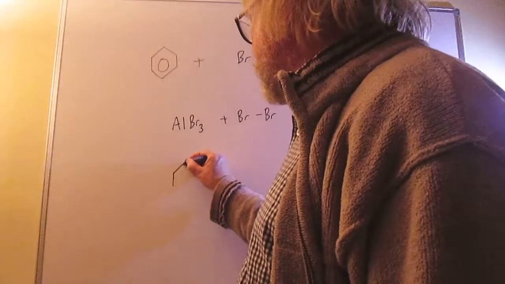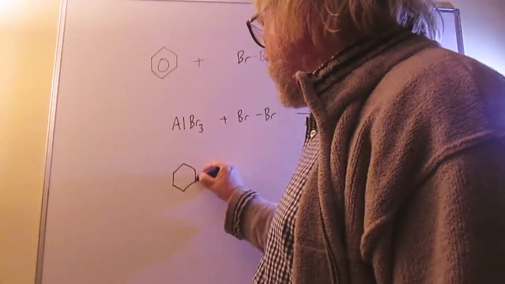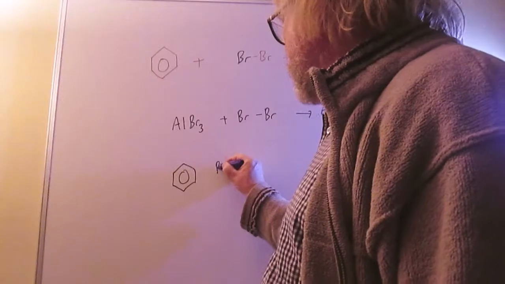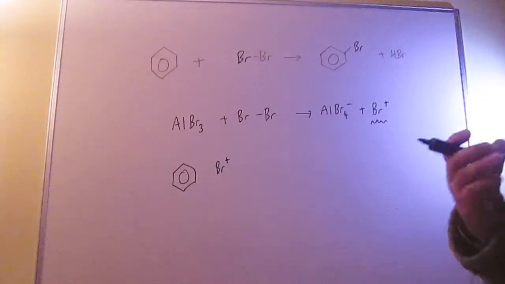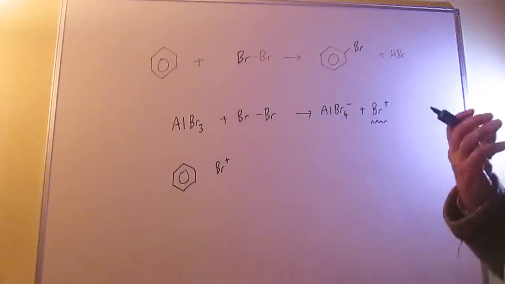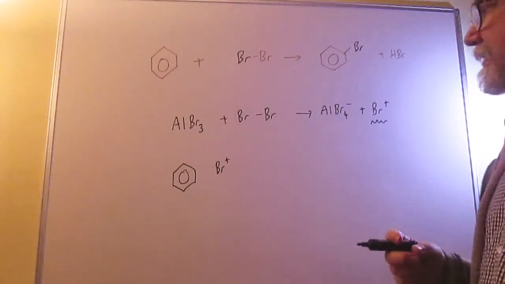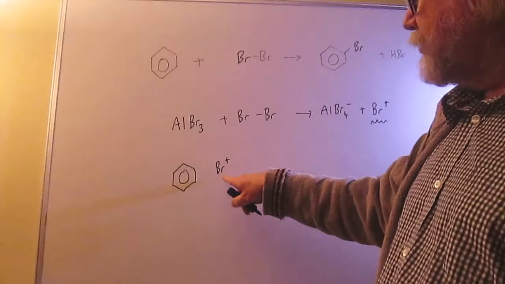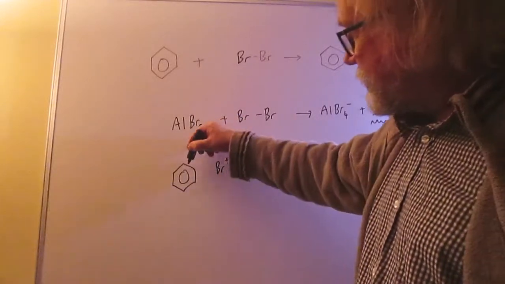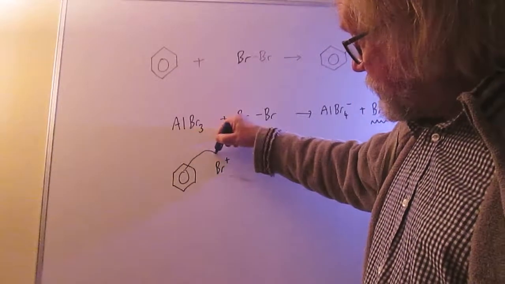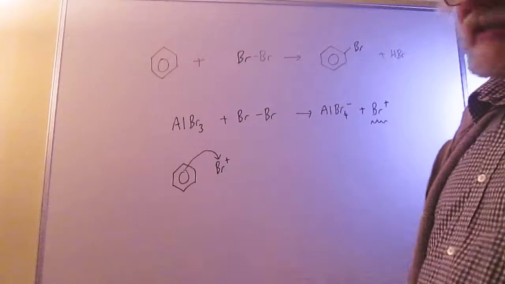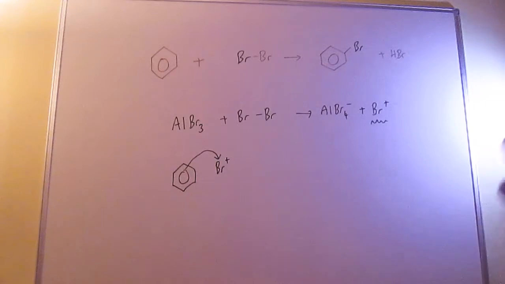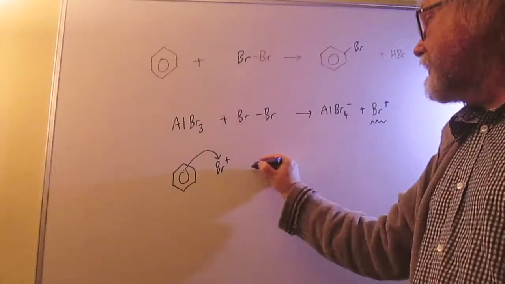So that gives you the second stage where you have benzene, here's Br+, and the curly arrow, remember, shows an electron pair moving, and if you remember that's what it is, you'll get it the right way round, because obviously the Br+ isn't going to give away an electron pair, it's going to receive it because it's got a positive charge. So the curly arrow goes like that, and it must point to the atom that's accepting the bond. So it goes to the Br,